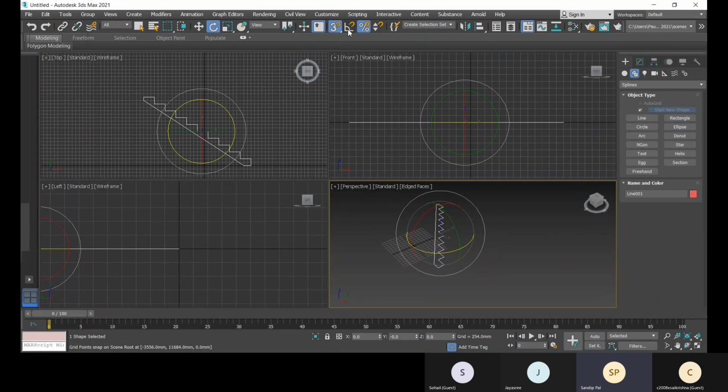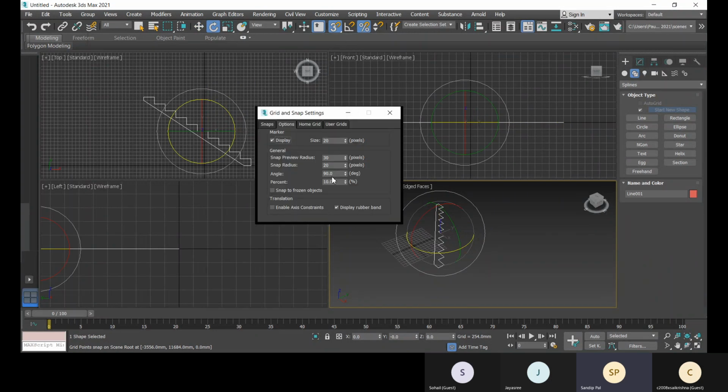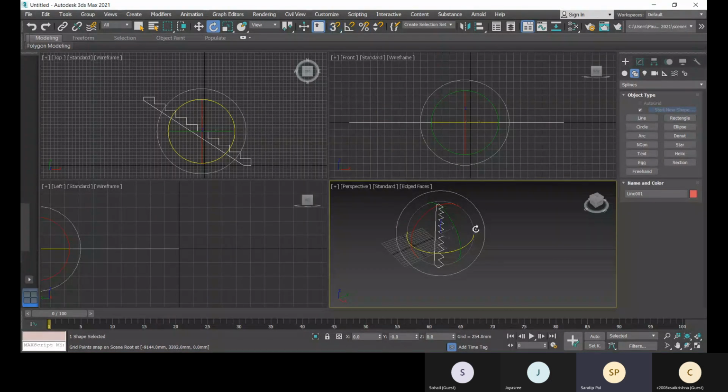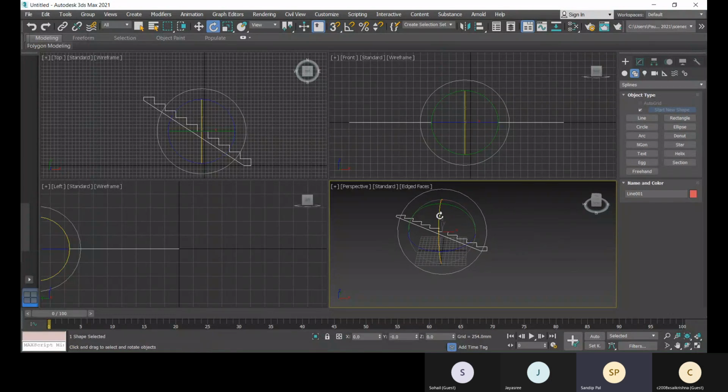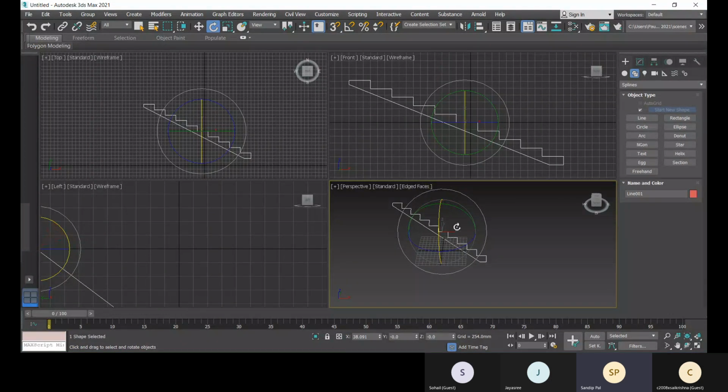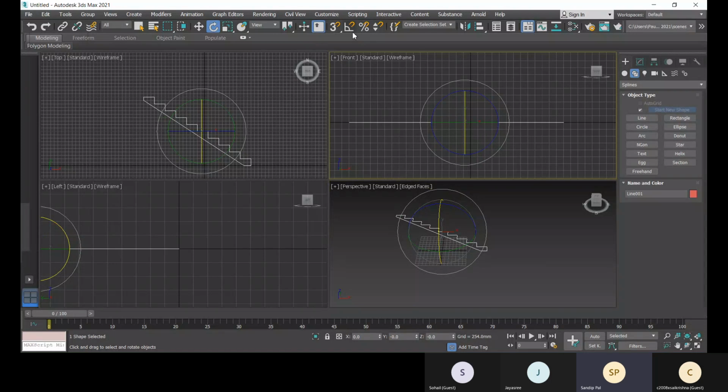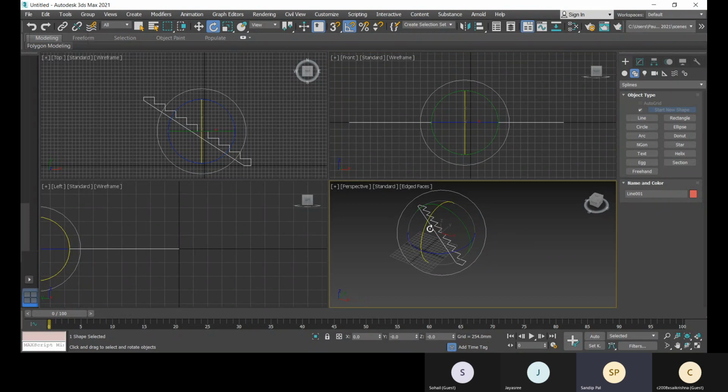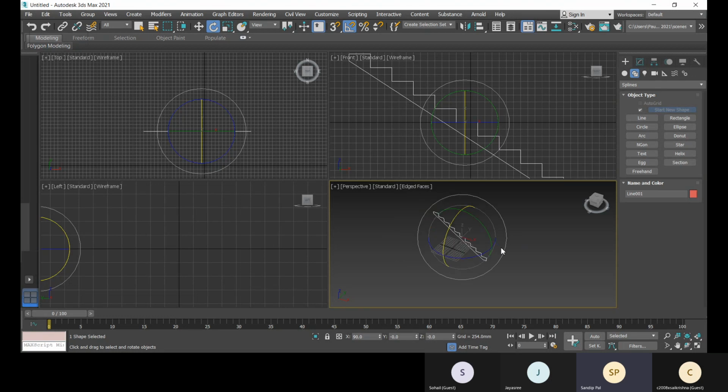So for that I will go to this angle snap, and the angle snap will be 90 degrees. Okay. Oh, sorry, so that should be on. What is the shortcut? A. And the right direction. Yes, now it's perfect. Correct.